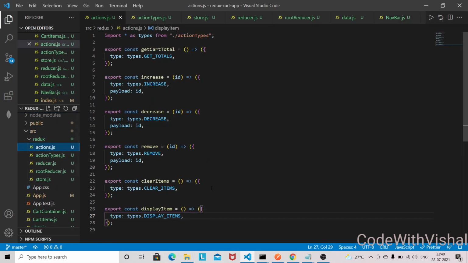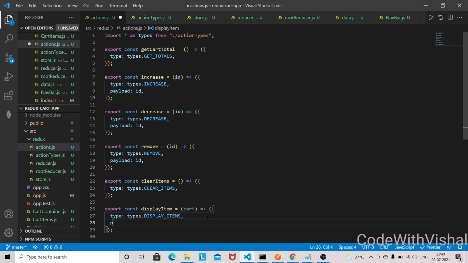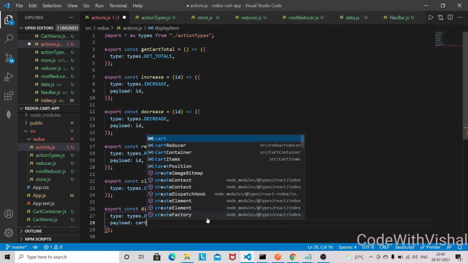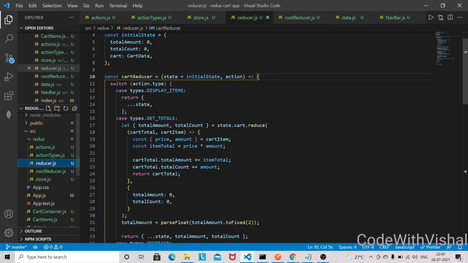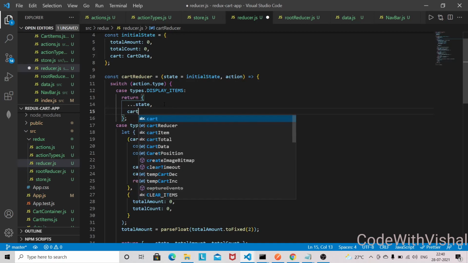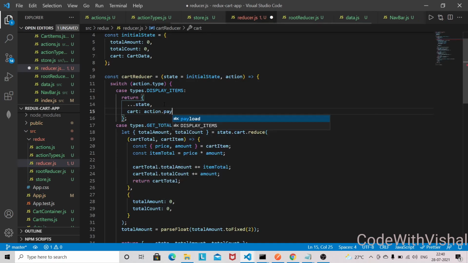So first I will adjust our action, so it will have a cart and payload cart. Okay, let's go to reducer and modify the logic. So here cart plus action dot payload.